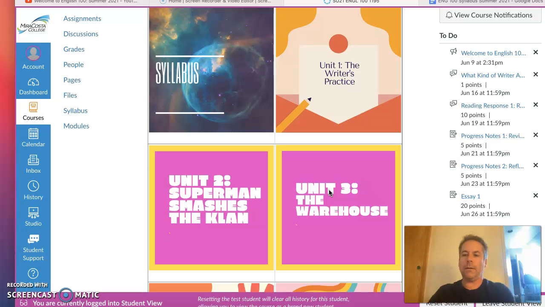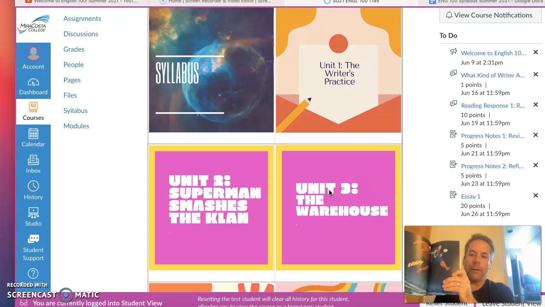Unit 2 is built around a graphic novel called Superman Smashes the Klan. It came out in 2019, and it's a graphic novel based on a 1940s radio play where Superman fights the Ku Klux Klan. So it's been updated and developed into a graphic novel for today's audiences. It's very exciting, very compelling, very deep for a superhero comic, and lots of stuff to chew on and analyze